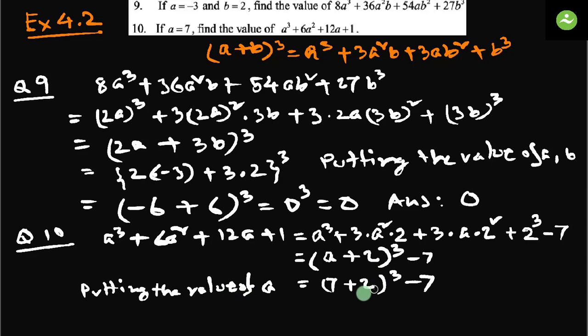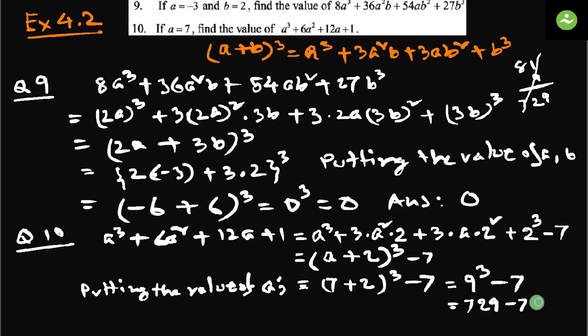Putting the value of a, equals (7 plus 2) whole cube minus 7 equals 9 cube minus 7 equals, how much is 9 cube? 81, and 9 multiply 9, 72, 8 into 9, 72, 729. 729 minus 7 equals